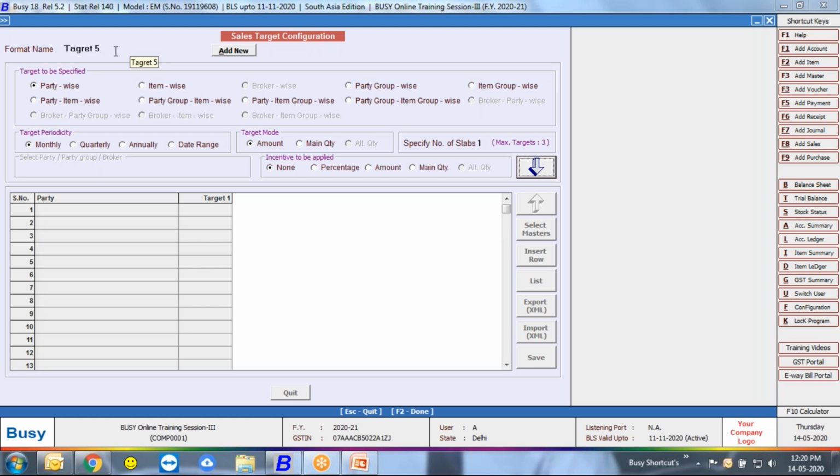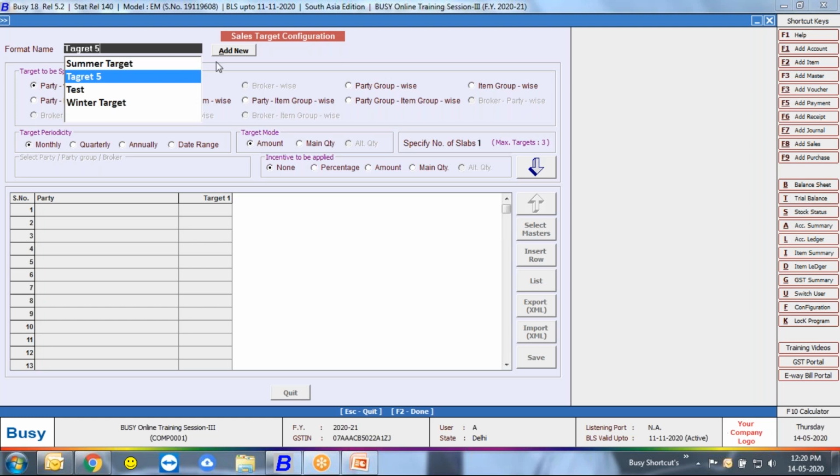And as you can see, when you add a format for Target 5, there are so many options highlighted.